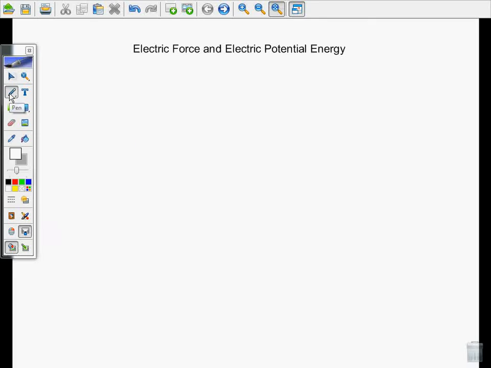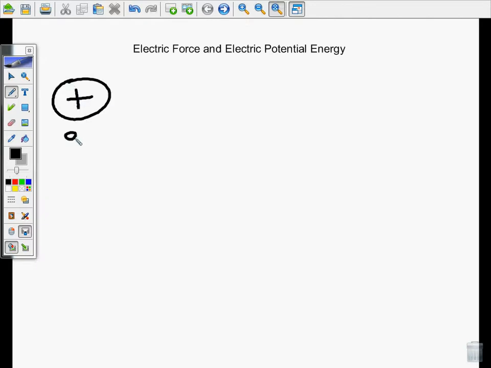Okay, so a couple key things. We were working on electric potential energy with the formula. I want to look at that again for a moment and then point out something kind of interesting. So we said that if we had a big old charge here of